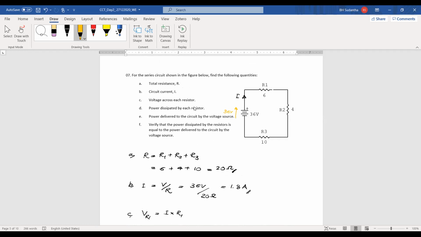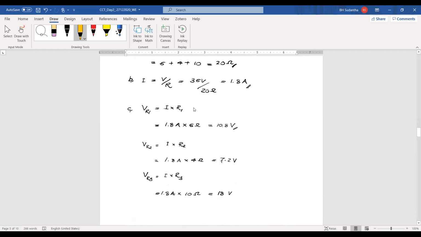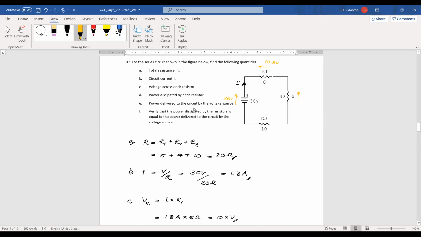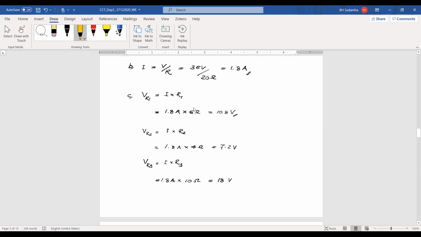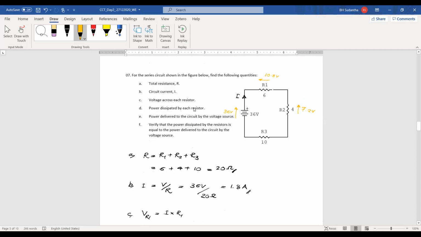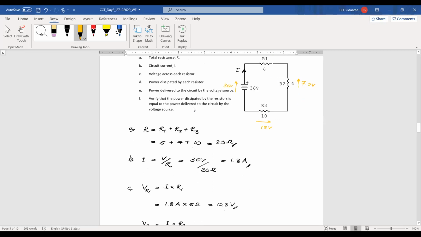What is the VR1 voltage? This is 10.8 volts. The current goes this way and the voltage is in the other direction. R2 is 7.2 volts. Then R3 is 18 volts. Then Kirchhoff's law says